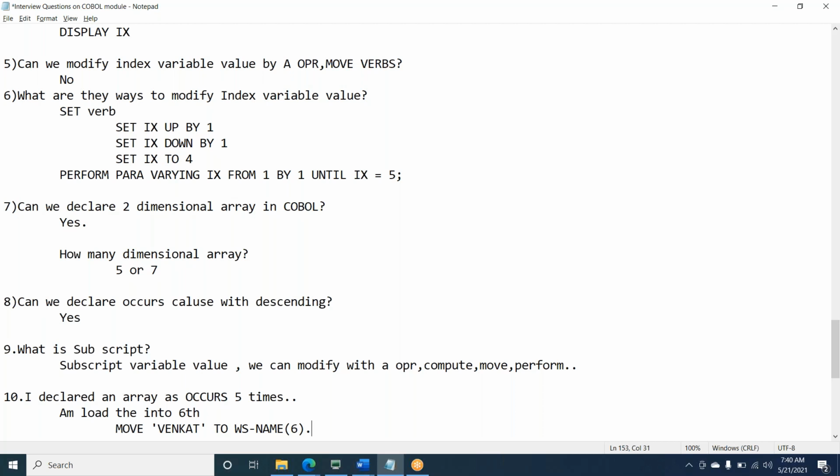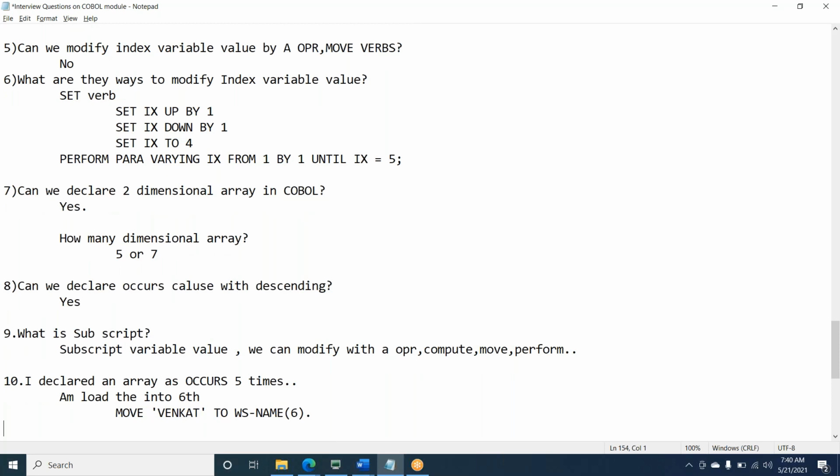It is not valid. What do we call that terminology? Exactly, when you are accessing out of range, we call it out of range.